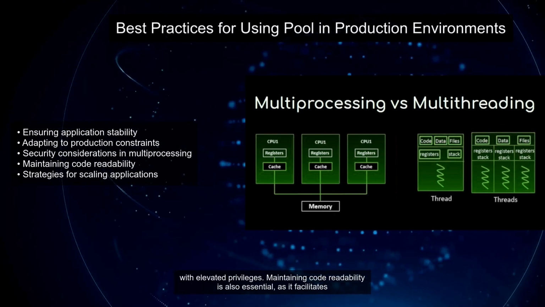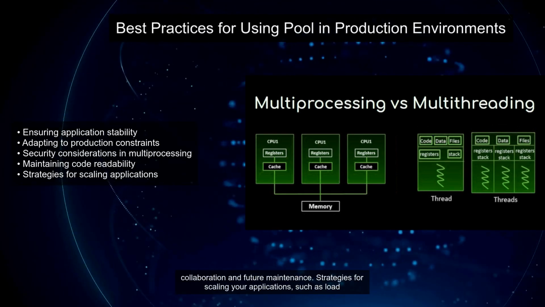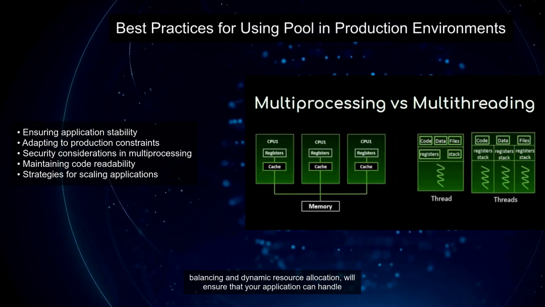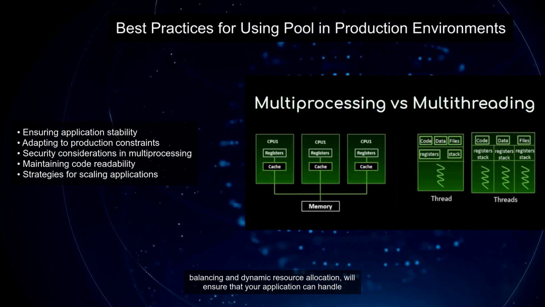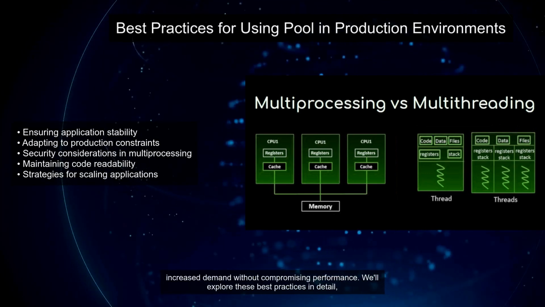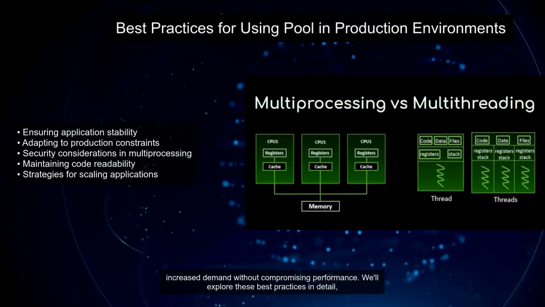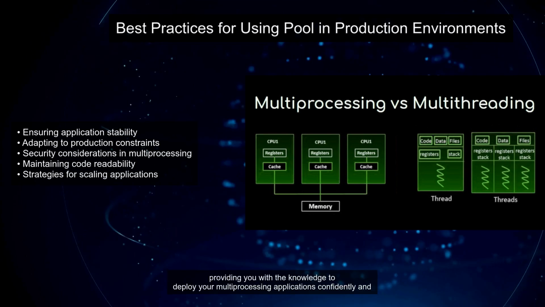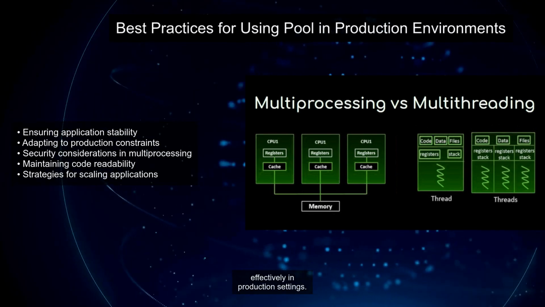Maintaining code readability is also essential, as it facilitates collaboration and future maintenance. Strategies for scaling your applications, such as load balancing and dynamic resource allocation, will ensure that your application can handle increased demand without compromising performance. We'll explore these best practices in detail, providing you with the knowledge to deploy your multiprocessing applications confidently and effectively